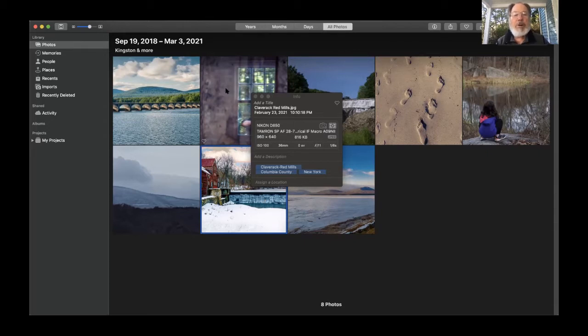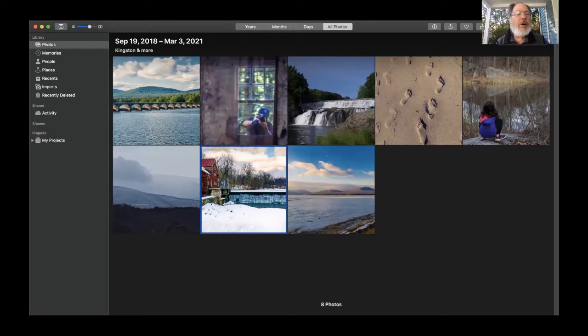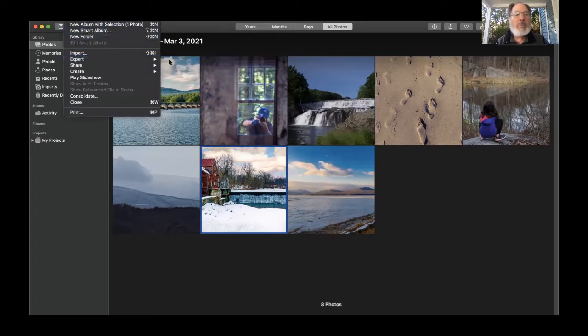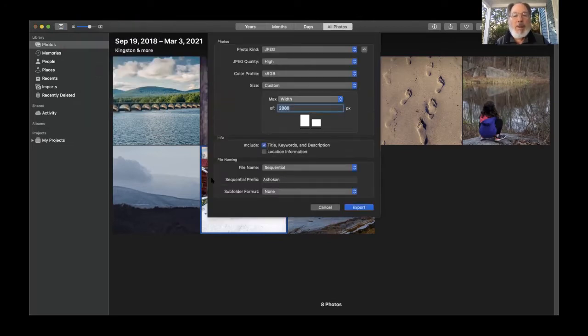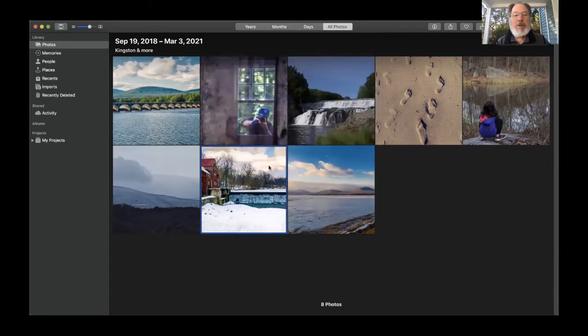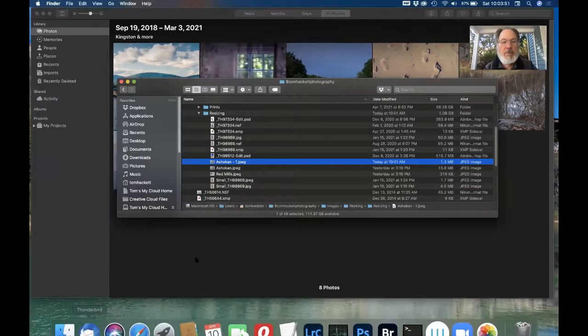So even if we were to choose File, Export One Photo, and use 2880 or 1440 and export this image with that parameter, it would not grow bigger than the 960 pixel width that it was originally, because, well, Photos just won't do that for us. So what will we do? Well,